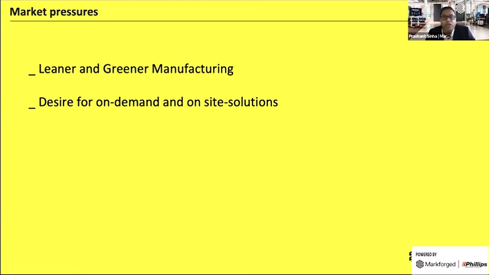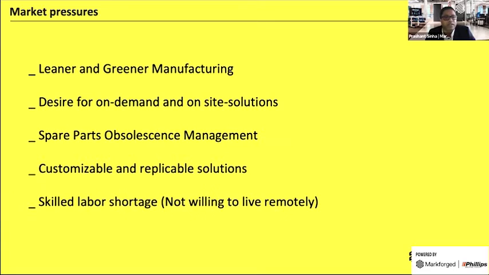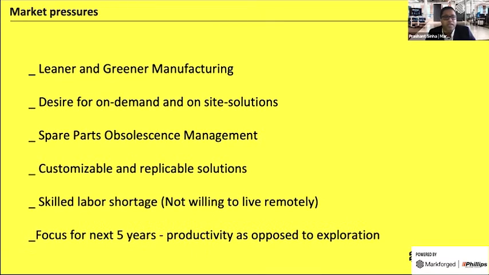Desire for on-demand and on-site solutions. When there are disruptions in maintenance, repair, and operation, we can no longer afford to shut things down while we wait for a new part to arrive. Spare parts obsolescence management. Customizable and replicable solutions. Skilled labor shortage. Focus for the next 5 years: productivity as opposed to exploration.